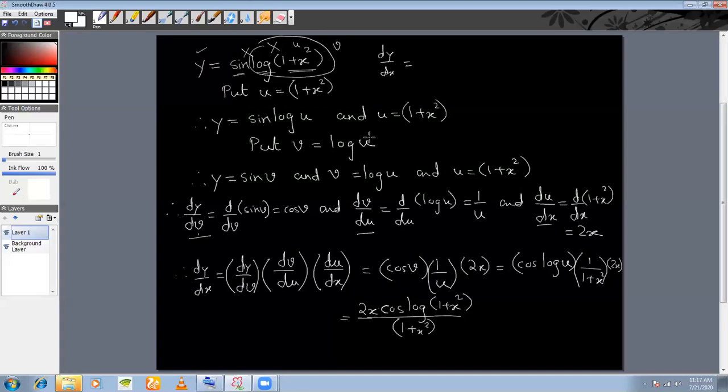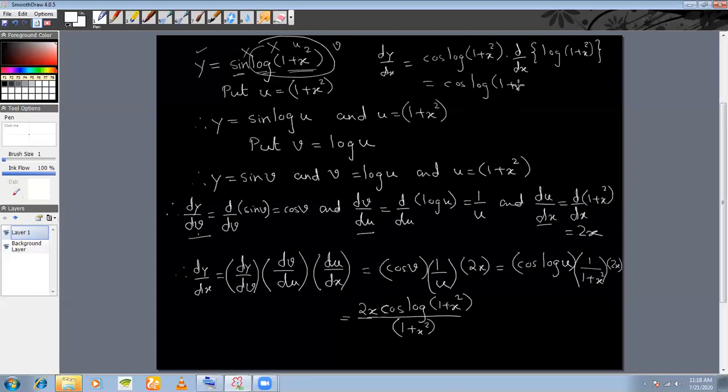Sine of a function. If we had to differentiate this, then we would have first differentiated sine to get cos log 1 plus x square, into the d/dx of log 1 plus x square, isn't it? And then what? Cos log